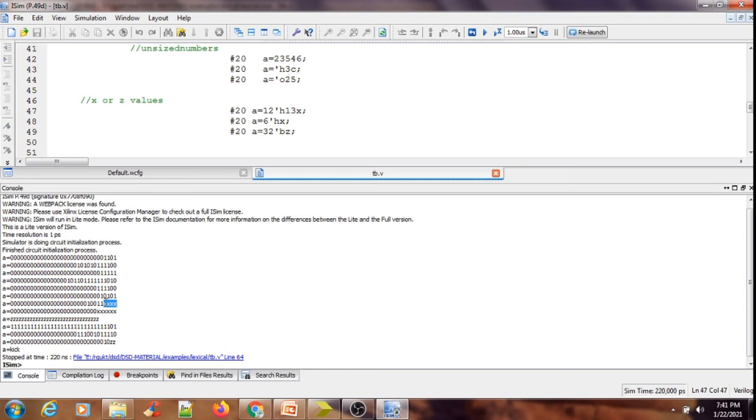Next, the hexadecimal value of 3 is 0011 and the value of 1 is 0001. That's what is indicated here.